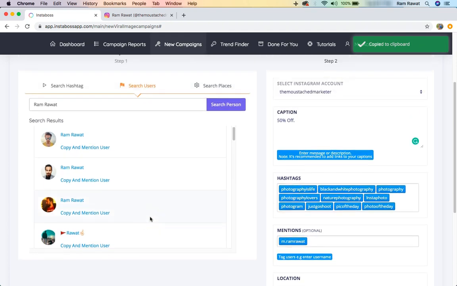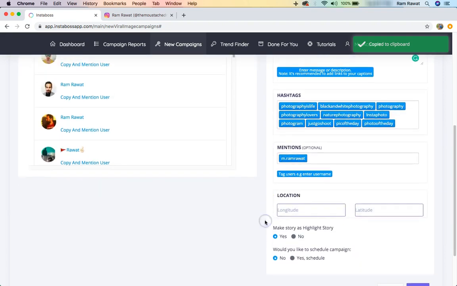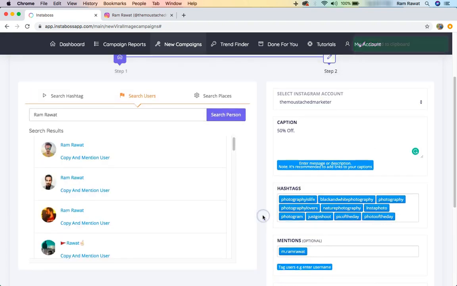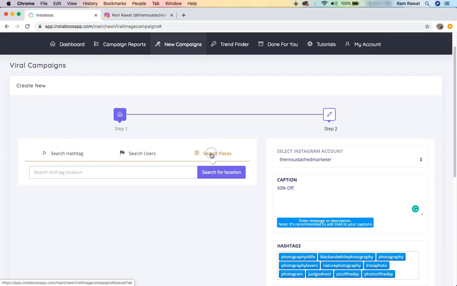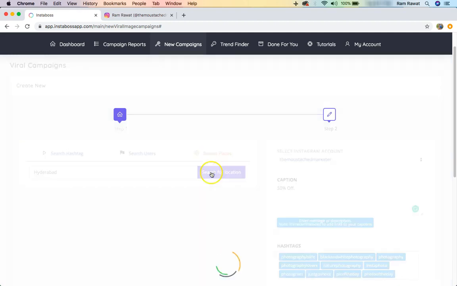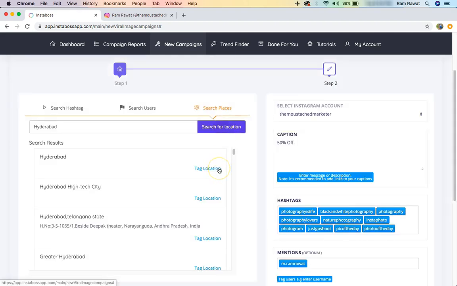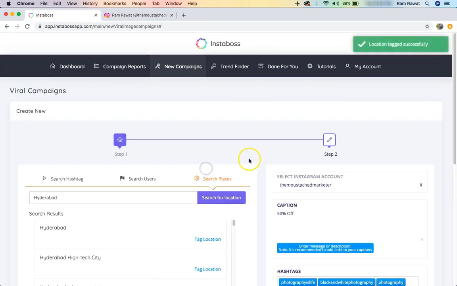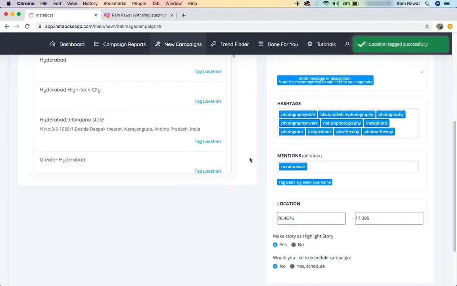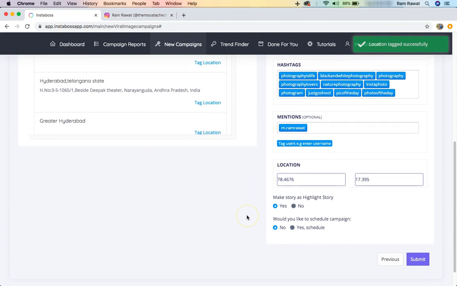So if you want to tag someone else, you can search them here and you can simply tag them over here. Then the next thing is location. You can add the location of your post. Right now I'm in India and Hyderabad city. So I'll type Hyderabad. Okay, so we have the location here, that's Hyderabad. I'll select this, and once that's done, we have an option to